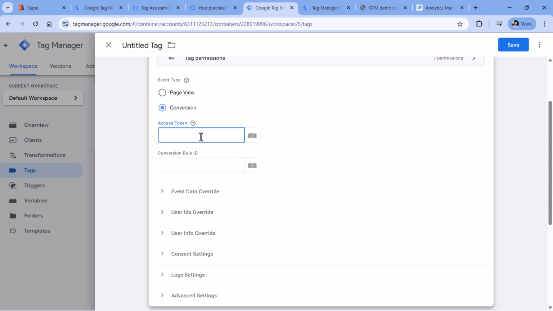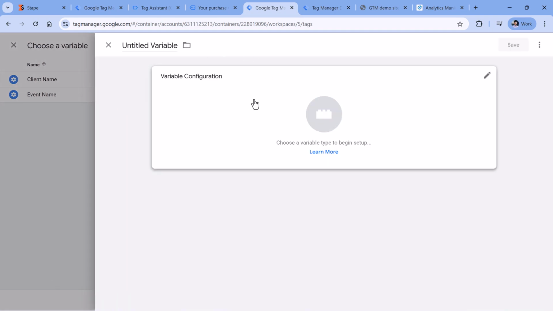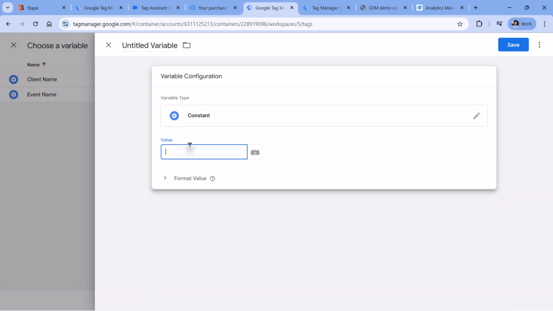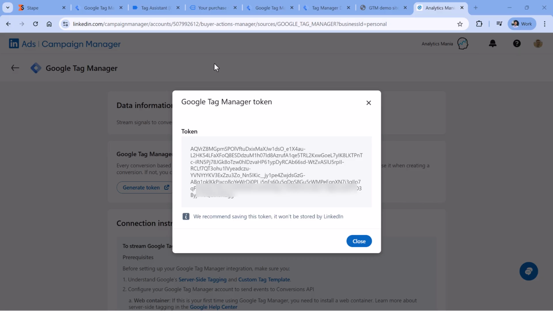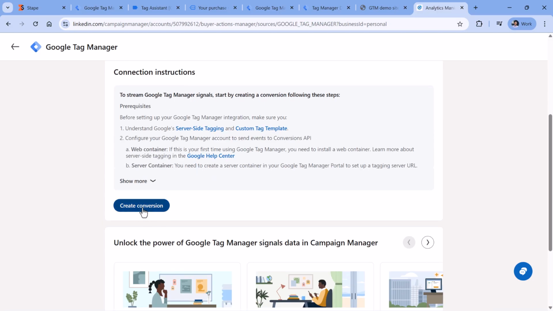you plan to have more conversions, then it would make sense to create a variable that stores the token. So this is exactly what I will do. Click the button here, then click plus to create a new variable, then click here and select constant. Then paste the value and call this constant LinkedIn token and click save. You can now go back to the LinkedIn Campaign Manager, click close, and then you can either create conversion here,